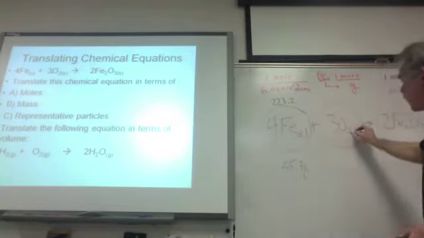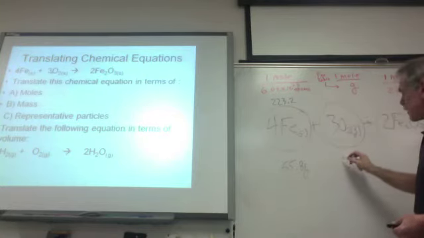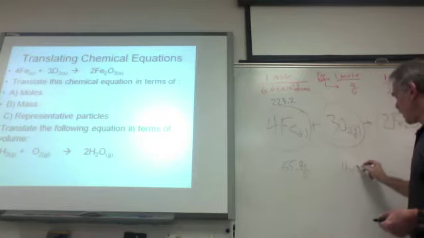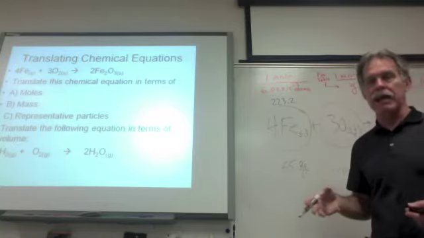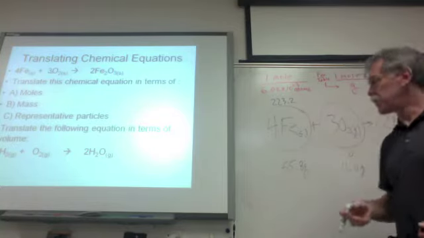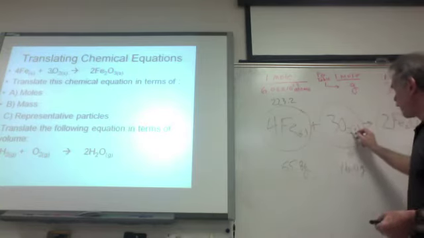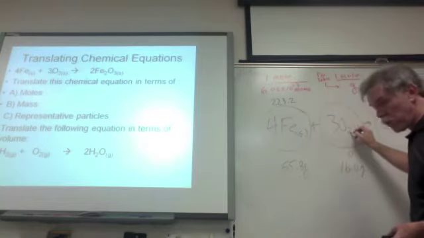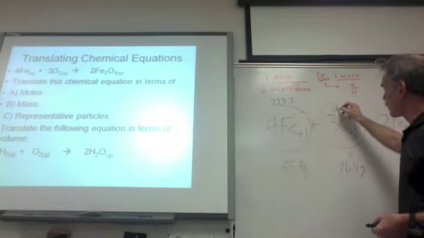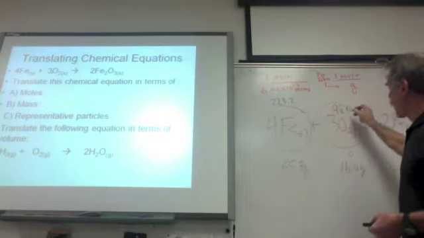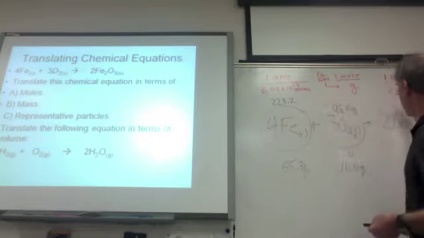3 times 2 times oxygen. Oxygen on the chart is 16.0 grams. You look underneath oxygen, it's 15.9999. We round that to 16. So 3 times 2, you use both numbers for mass, times 16 gives us 96.0 grams. When you add that plus that, you get